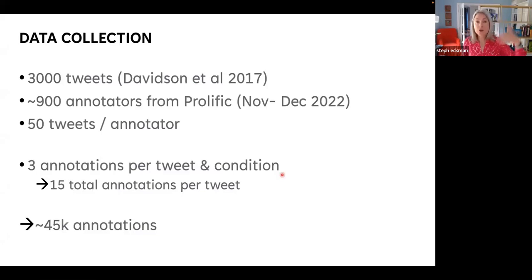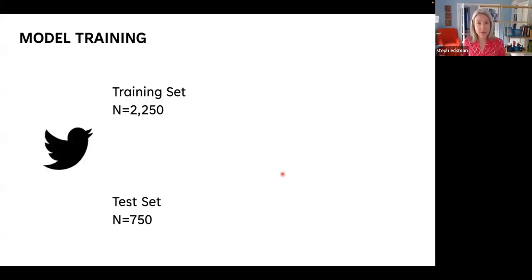But of course, what we're really interested in is the downstream effects on the models. So to study that, we had to train many different models. We took our tweets and divided them at the tweet level into a training set and a test set. The training set contained 2,250 tweets, and the test set the remaining 750.